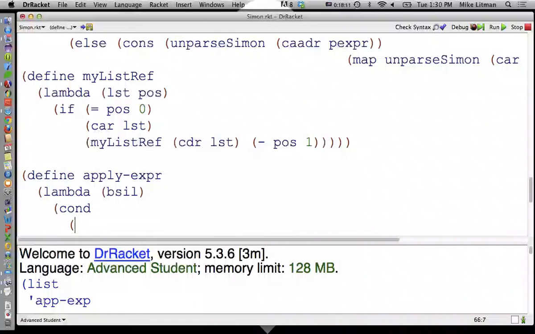So I'm going to create a cond, and we're going to say if the car of Basel is equivalent to lit expression,